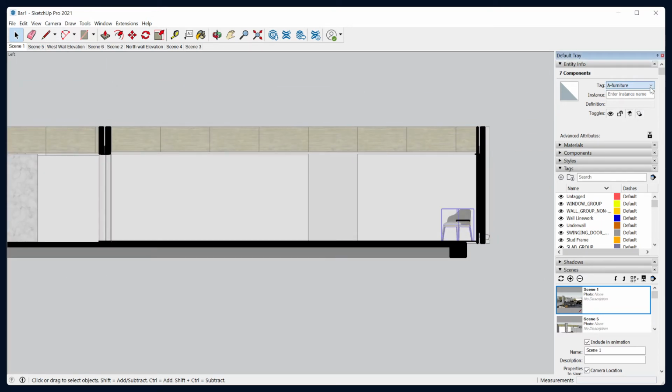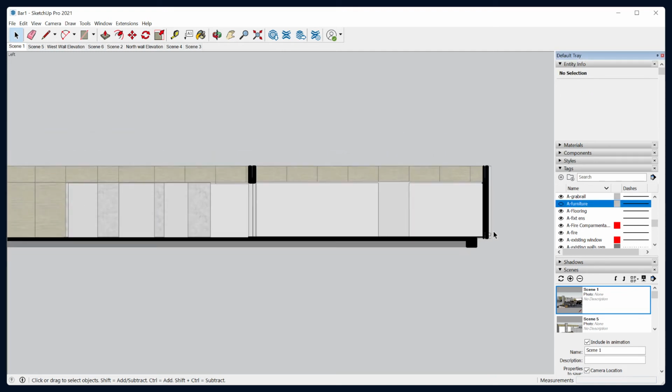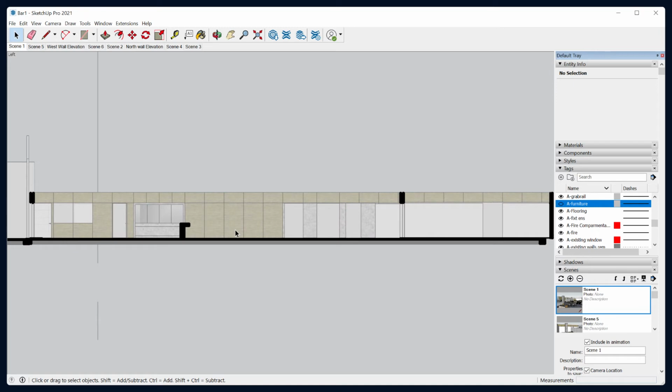make sure that they're on the correct layer, so in this case furniture. I'm then going to go to tags or layers and switch the furniture tag off. So there we are. So I've switched it off now, just the little eye there. And then